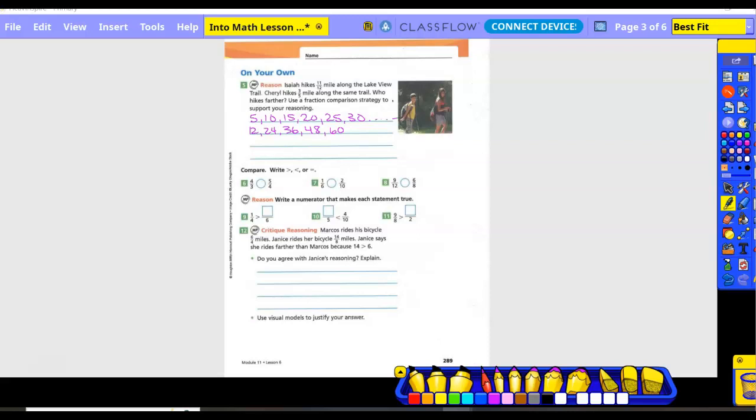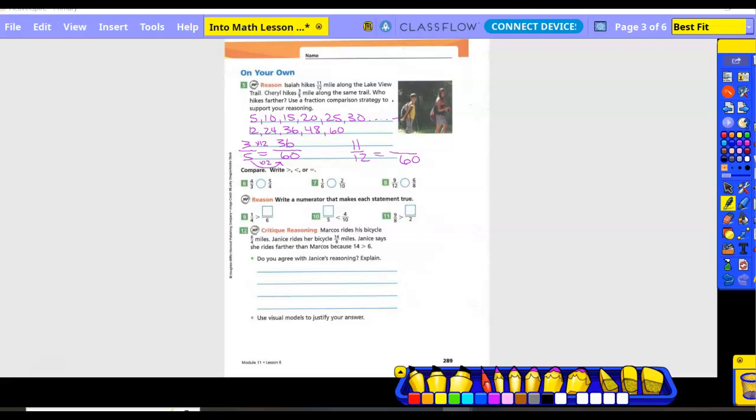Yes. Okay. So basically all they did was they took 5 times 12, right? Okay. So we have 3/5 equals something over 60. And we have 11/12 equals something over 60. Okay. How did I get from 5 to 60? Times 12. What I do on the bottom, I do on the top. 3 times 12 is